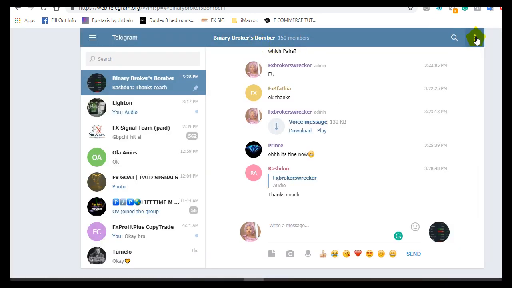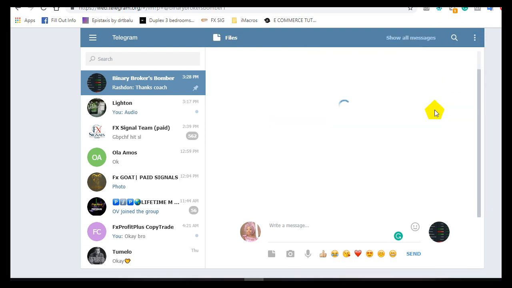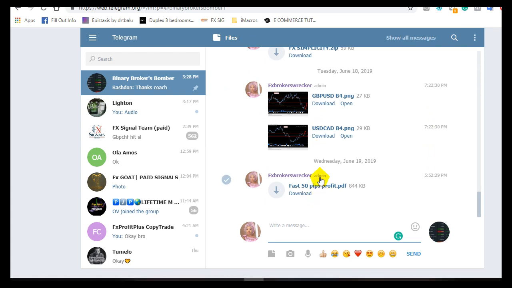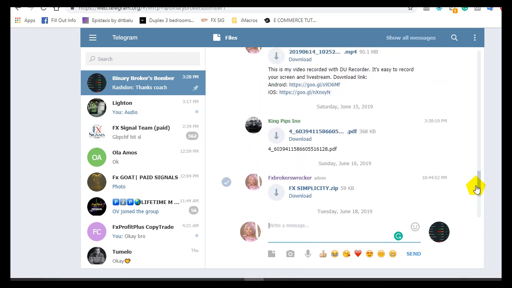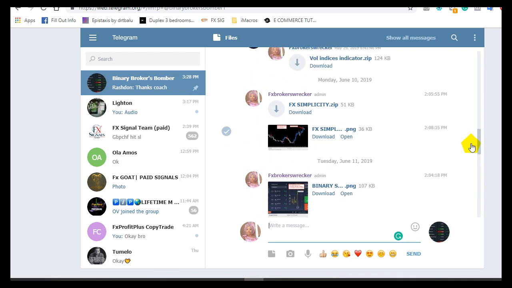Let me see here. Okay, to the right, then you click on files. Once you click on files, you will see all the files we have uploaded. Here, look at the files. So you just go through the files, you will see the Forex simplicity here. So inside the Forex simplicity, you will actually see, let me see,